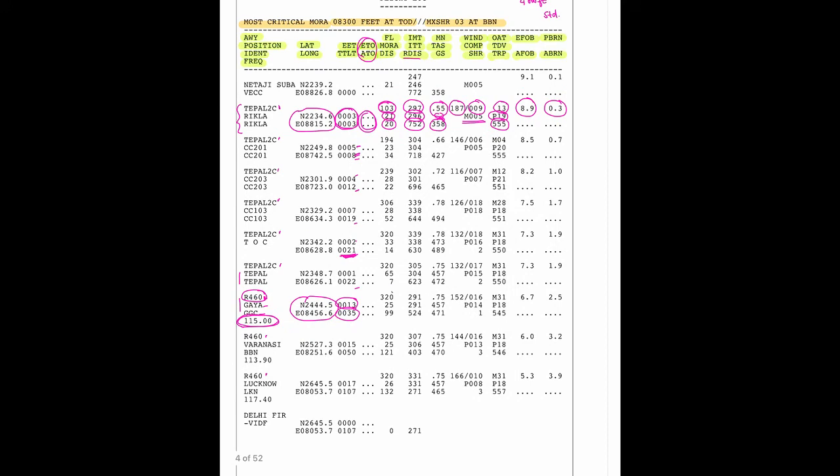So flight level will be 320, which is 32,000 feet. MORA will be 2,500 feet, and 99 will be our 19 nautical miles distance to the next point. Then the initial magnetic track, and the 524 is the remaining distance. So 524 nautical miles is the remaining distance. 0.75 will be our Mach number. True air speed is 457 and ground speed will be 471.